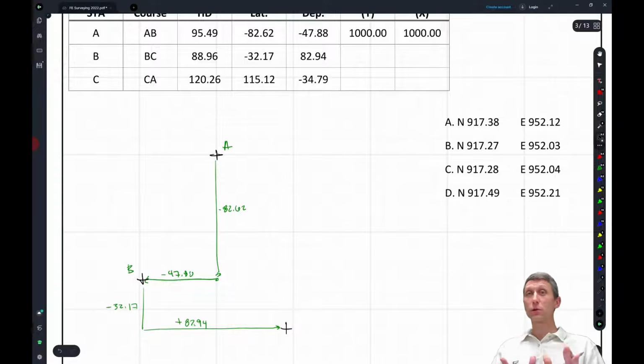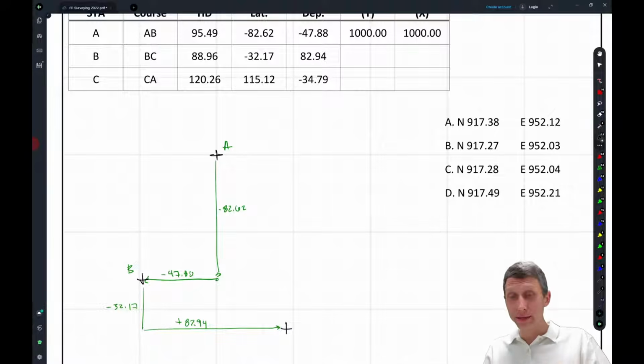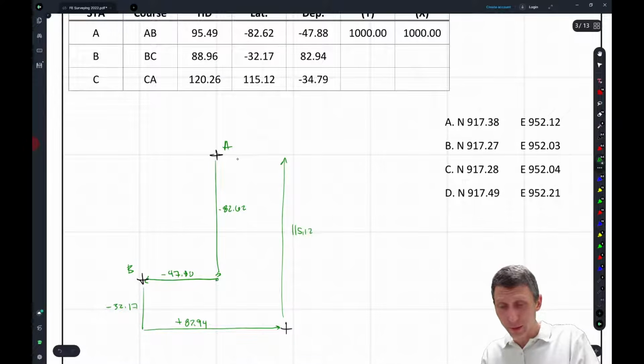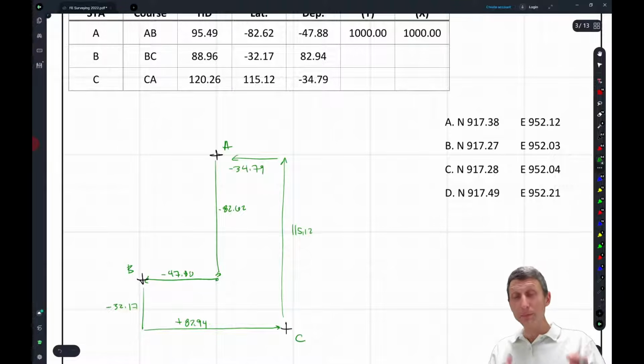And in a perfect world, what would happen is the last latitude and departure would bring us right back to A. So we'd come up 115.12, and then we'd come back to the left here, 34.79. Okay, so this is kind of the perfect world scenario where everything works perfectly, but everything's not perfect,